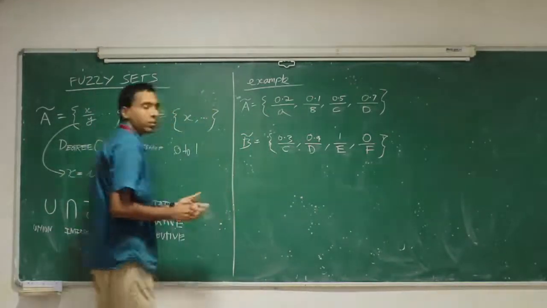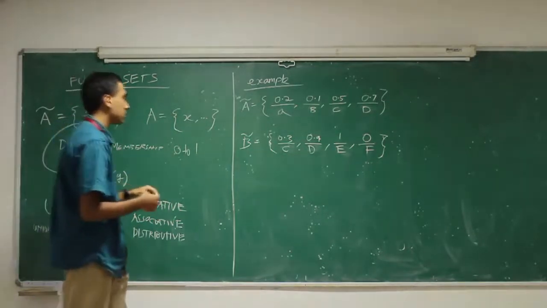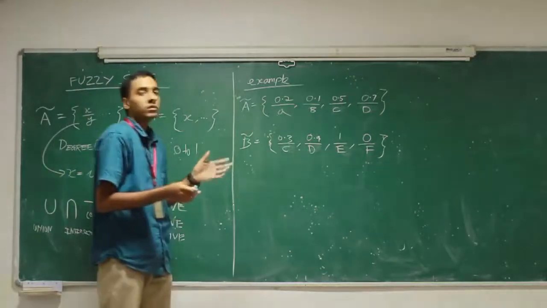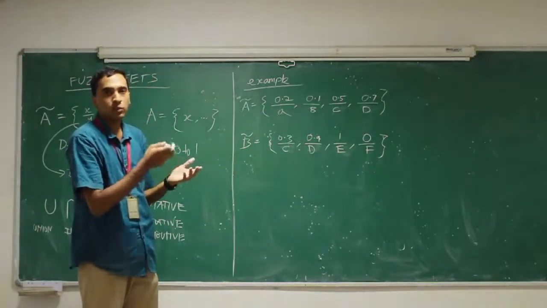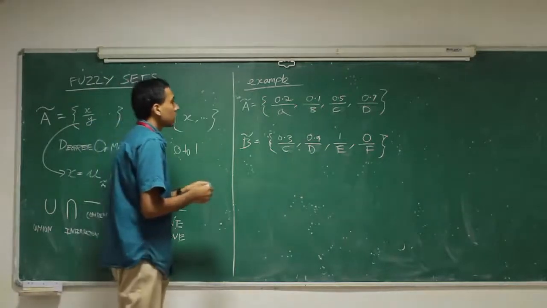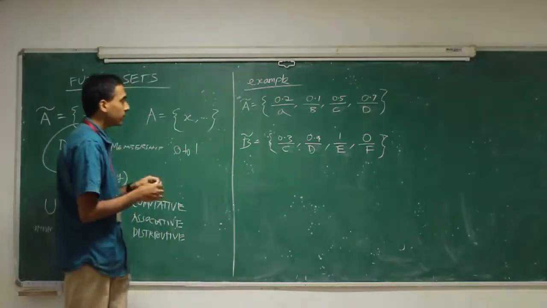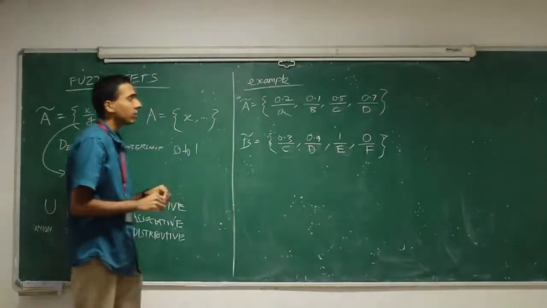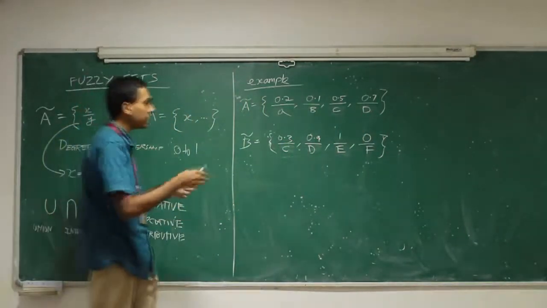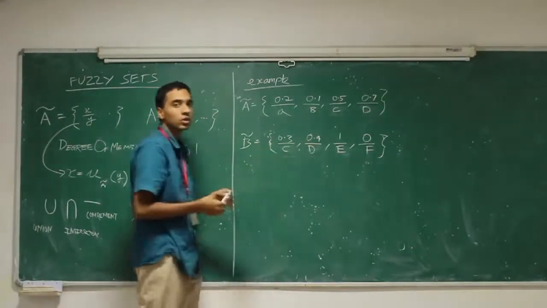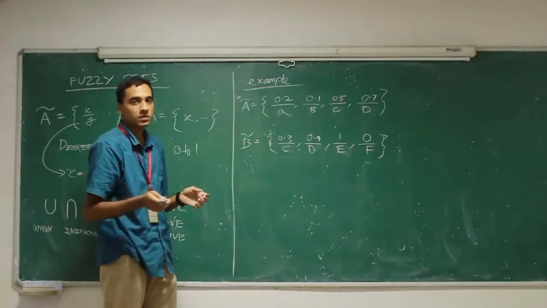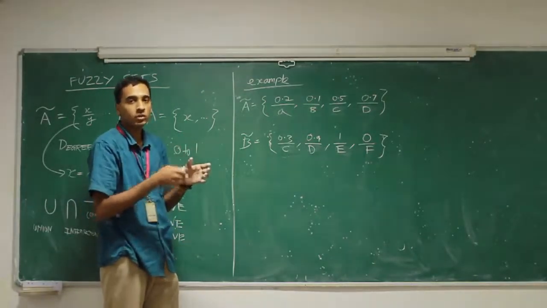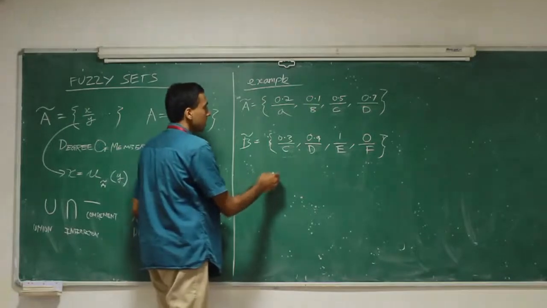So let's say we are performing a union operation on these two sets. What is a union operation? In a normal set, all the values present in either set will be present. So here, as you can see, we have two common values. But we don't simply copy these values, you only take the maximum value present in the numerator, which basically means whichever set has the maximum participation of the value, we take that. So the resultant will be having